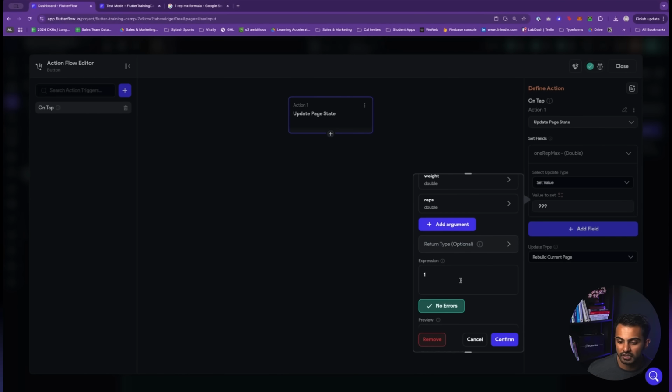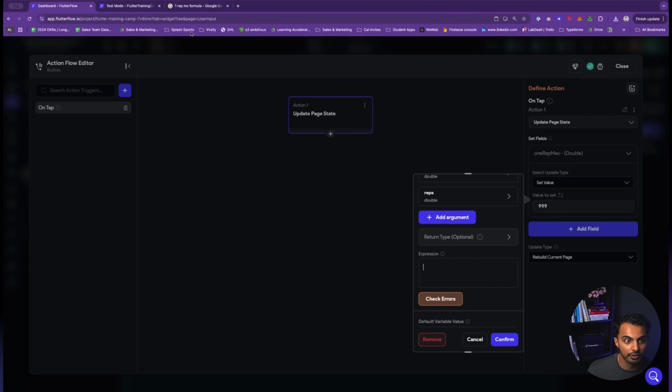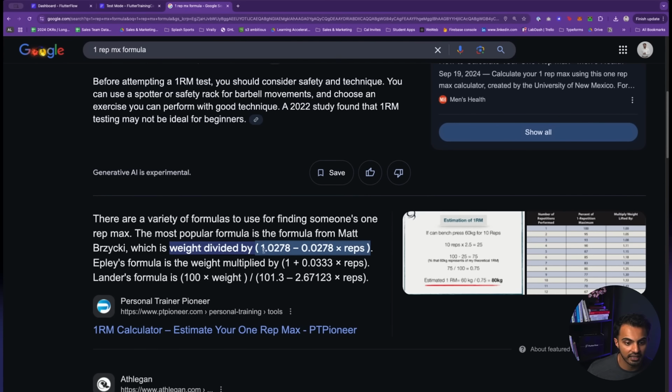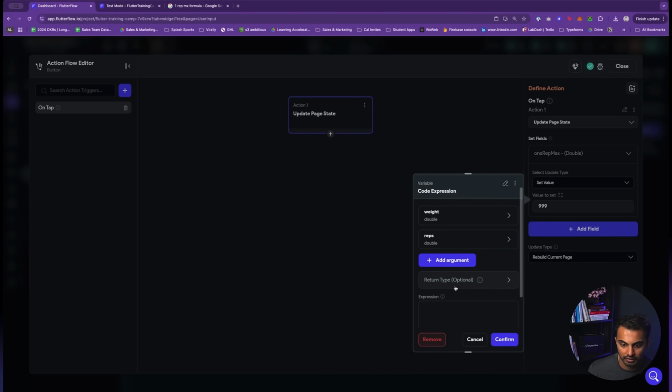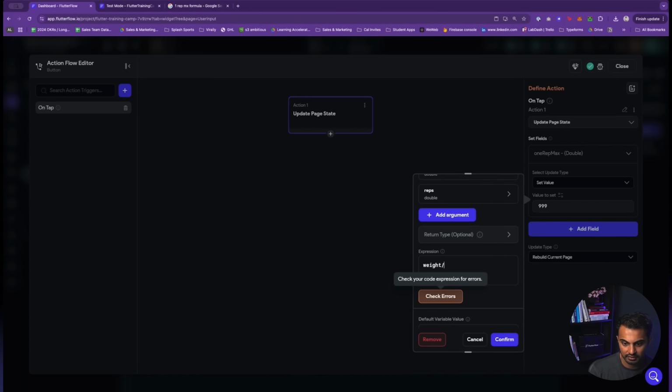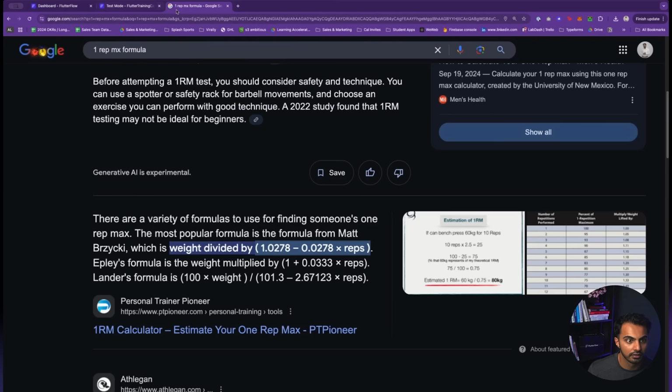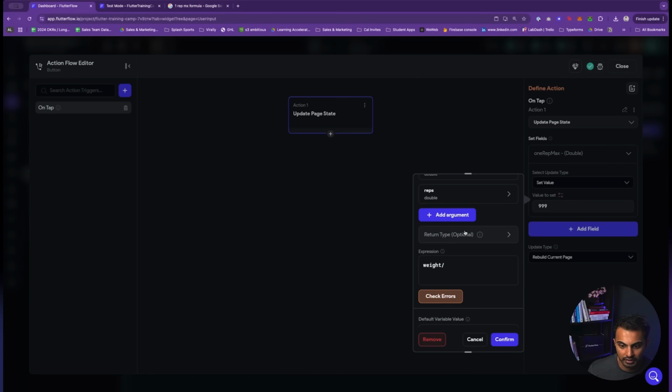Okay, I'm just going to type 1 to see. Okay, cool. So now we're going to run the formula, okay? We're going to say weight divided by, I'm just going to copy this.